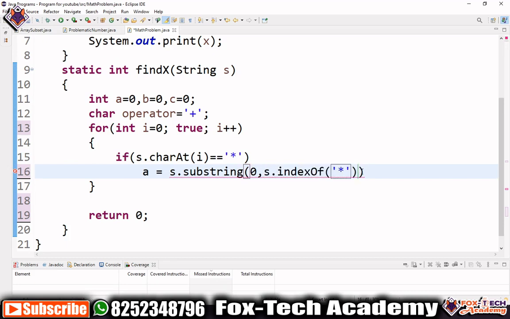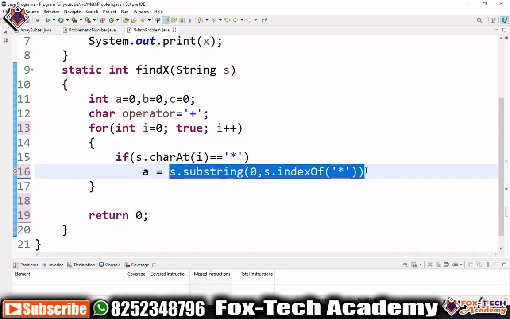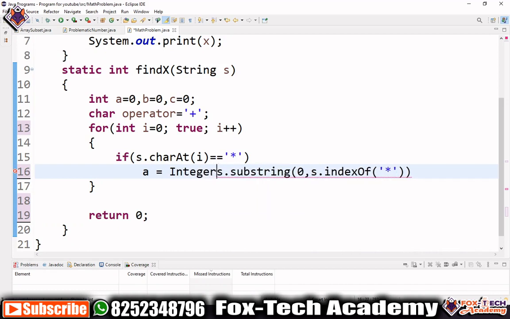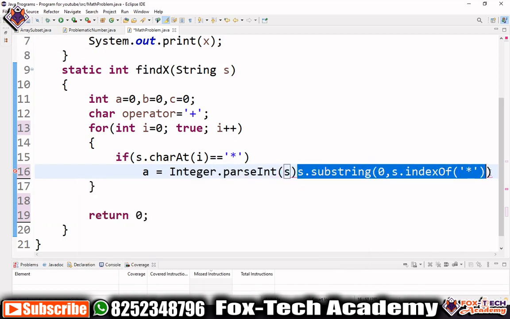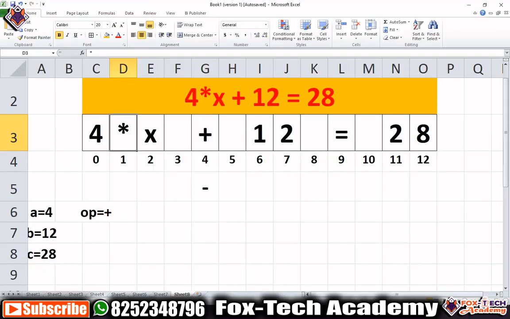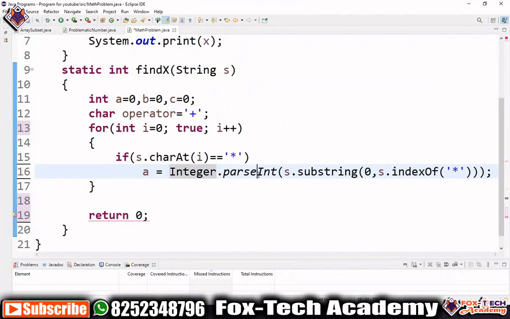When it returns this, it will be a string, so we have to convert it into an integer. So we will use Integer.parseInt, which needs a string, so we put all of this into Integer.parseInt. It will take 4 from this string, and this 4 will be a string, so we have to convert it into an integer. That's why we have used Integer.parseInt, right?